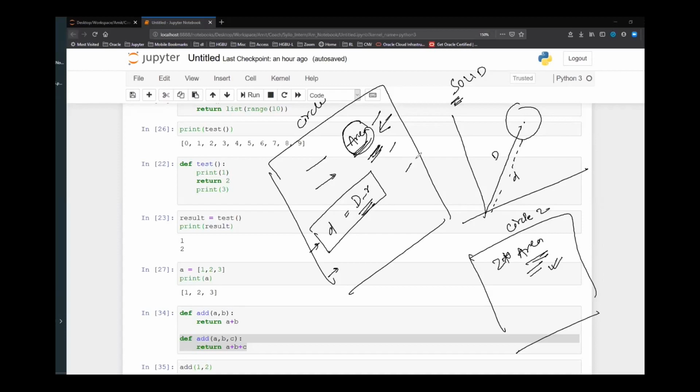Do not include 2-3 logics in one function. It should be single responsibility. So one function, one responsibility. One function just calculates area. Do not calculate perimeter, small d, bigger D, everything in one function. One function, one responsibility, one calculation, one logic. That is how you are going to create functions.